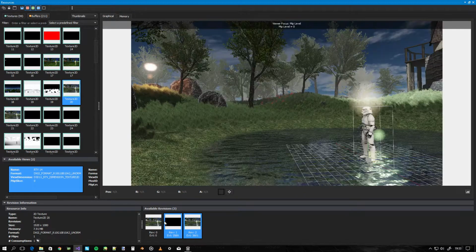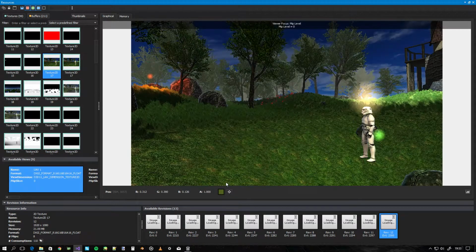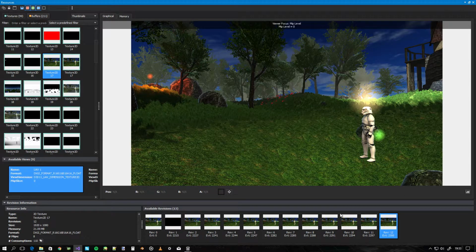So yes, this resource has multiple states, or even more states, because more events modified this. So as you can see, some events generated multiple states of this texture, and we can sort of rewind time and look up which event modified which part of